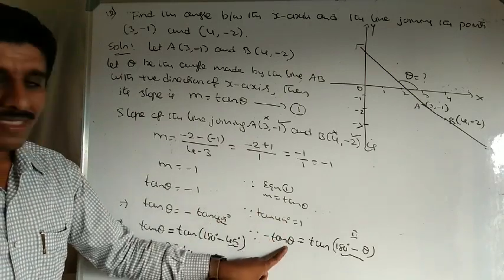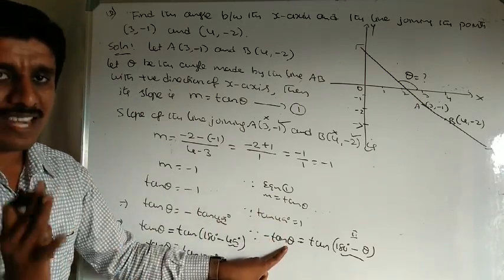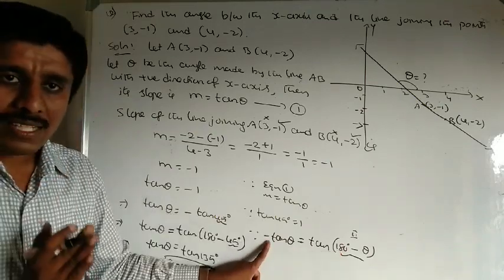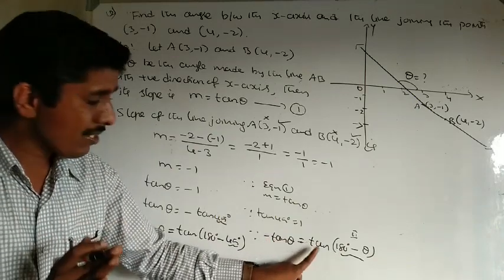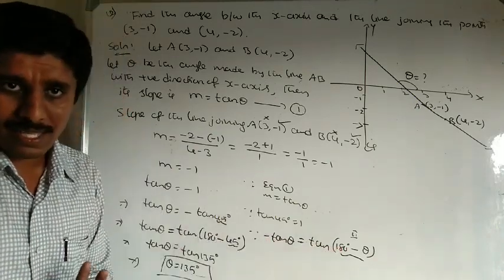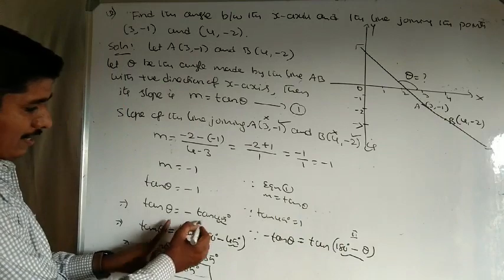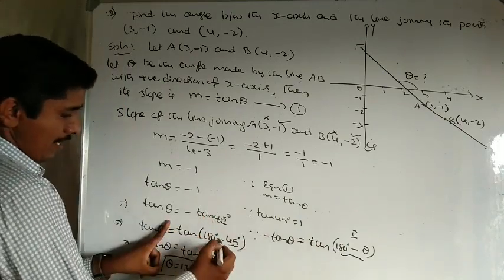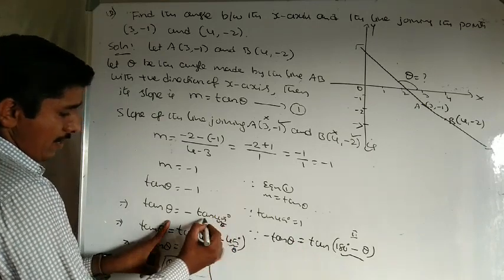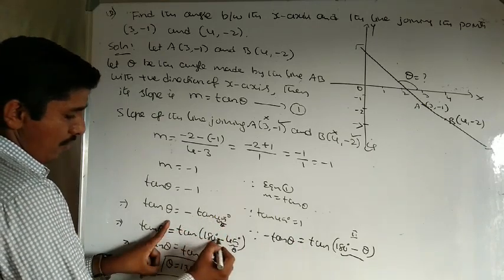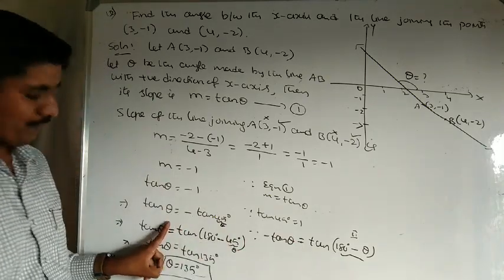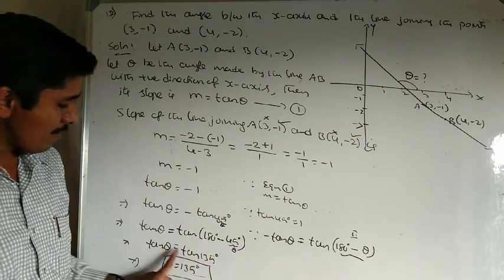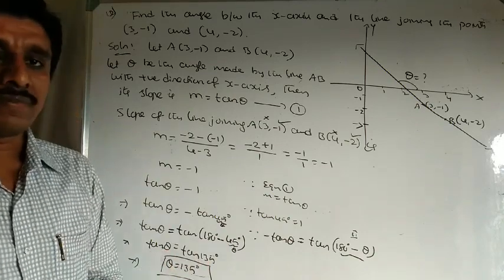Next, minus tan theta. Tan is negative in second quadrant. Take second quadrant angle, allowed angle 180 minus theta. Minus tan theta equal to plus tan of 180 minus theta. Are you following? Here minus tan theta, this is LHS, is equal to RHS, plus tan of 180 minus theta. Here theta equal to 45 degree. Theta value 45 degree, 180 minus 45 degree, 135 degree. Well, LHS equal to RHS, means theta equal to 135 degree. Got it.